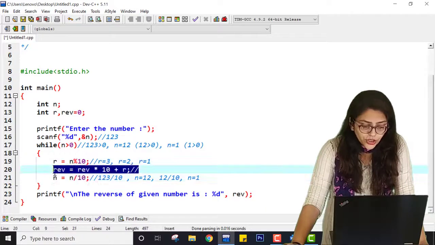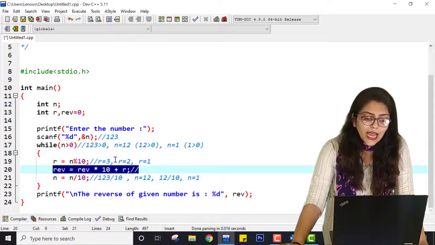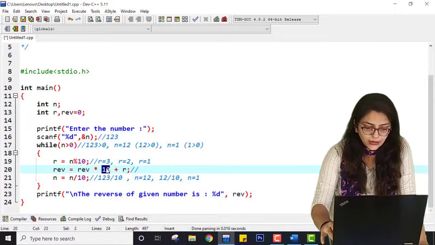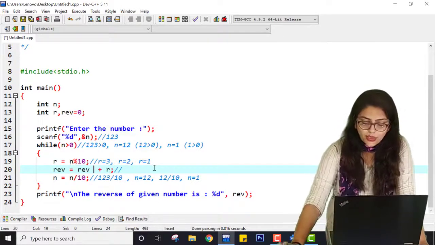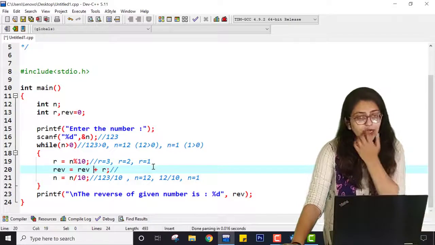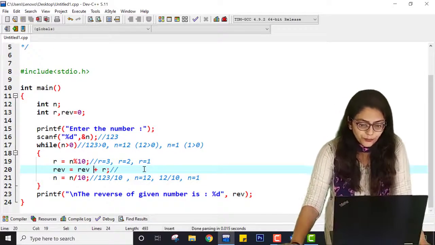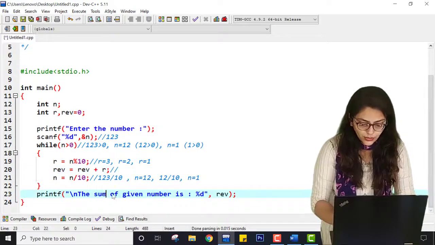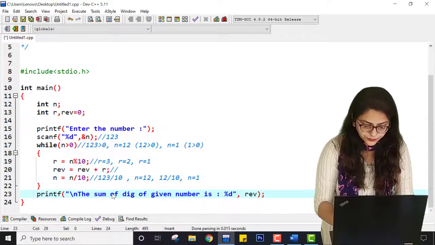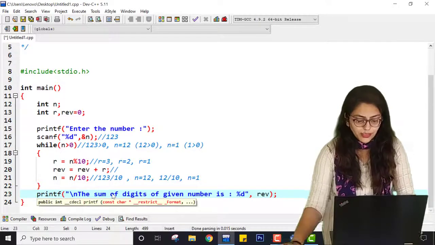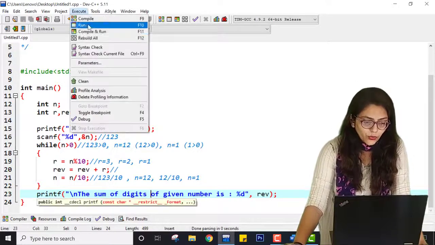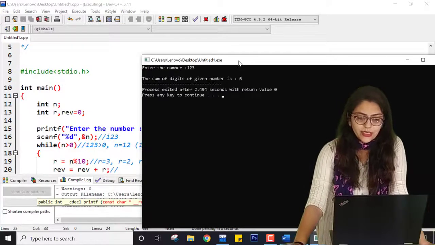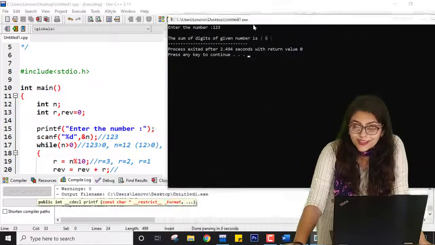So which equation should be here, so that I can always add this? If I just eliminate this, just think about this. If I am just eliminating this 10 and writing this statement, and instead of the reverse of a given number is, I am writing the sum of digits of a given number is, compile it and run it and enter 1, 2, 3, you can see it is giving me the correct answer.